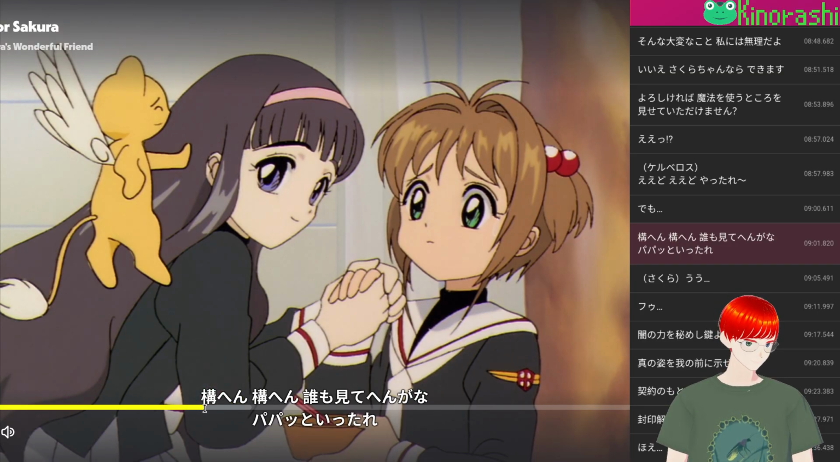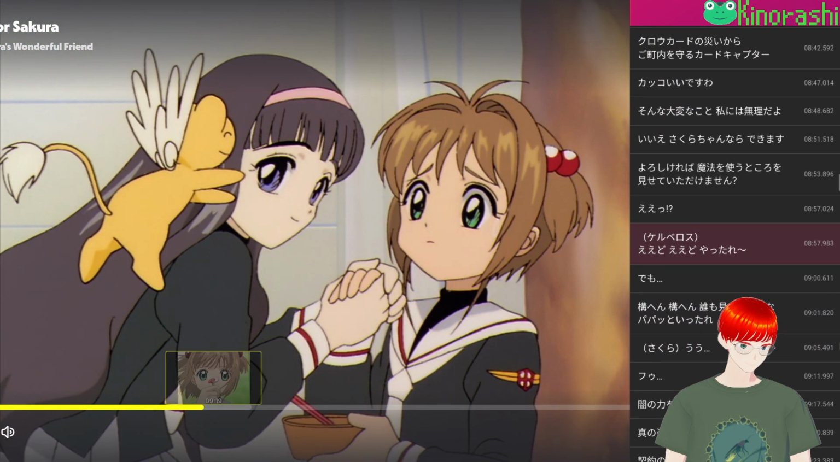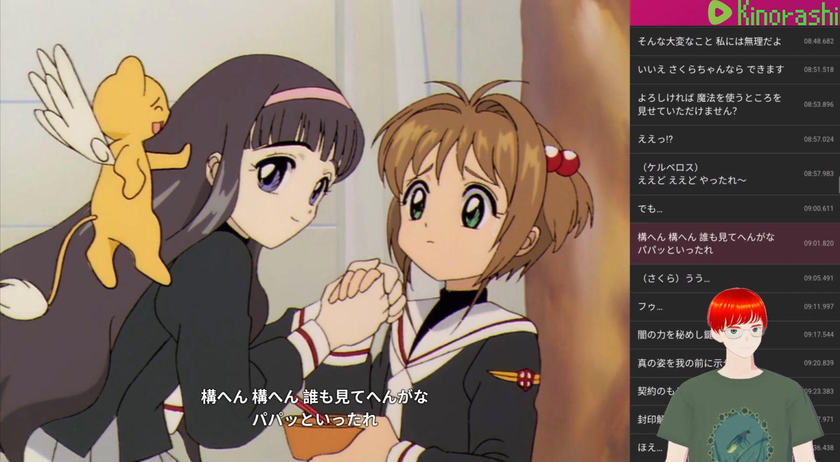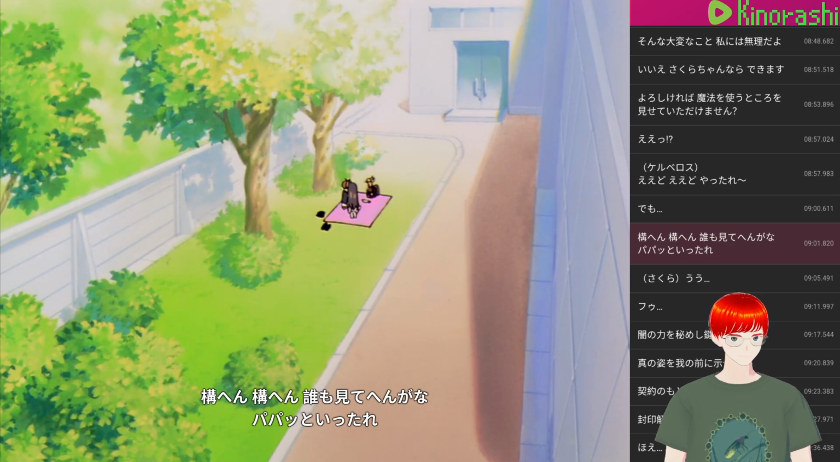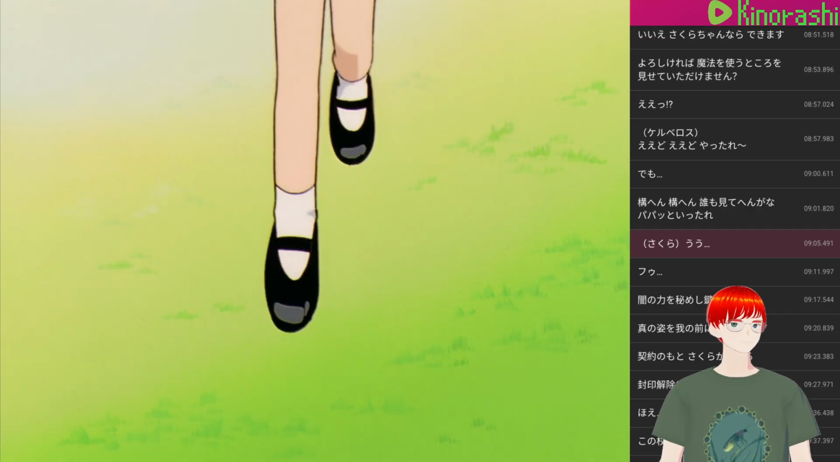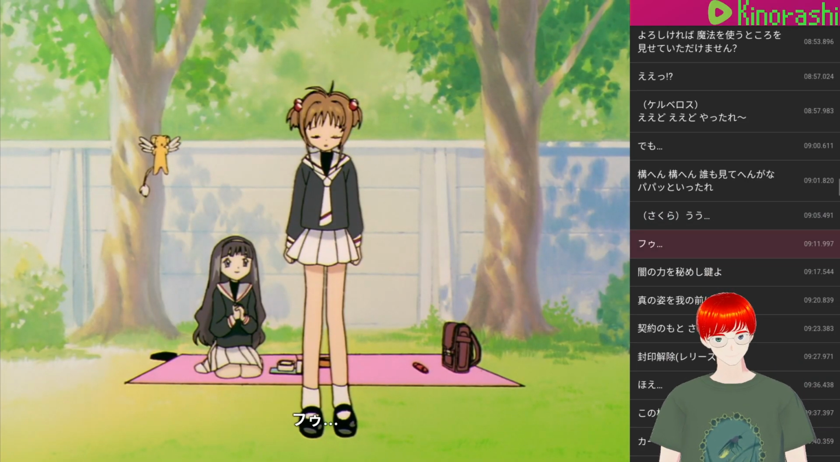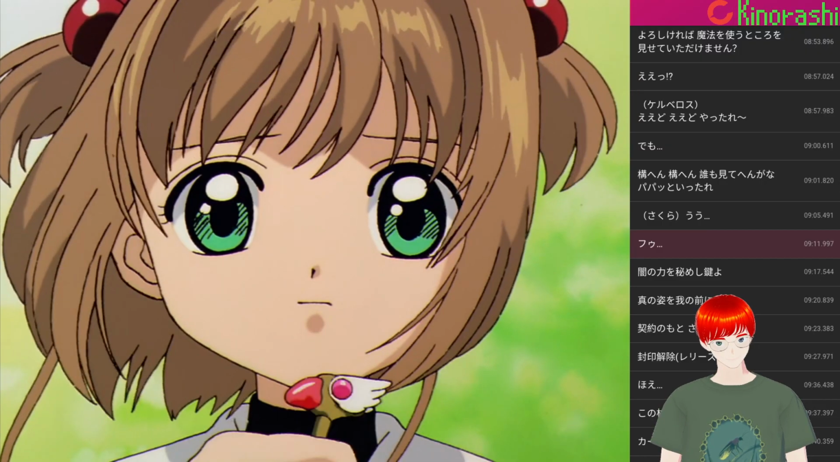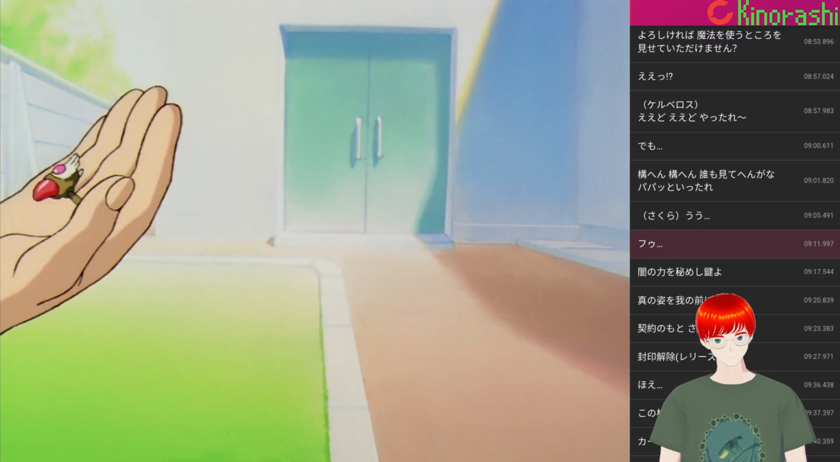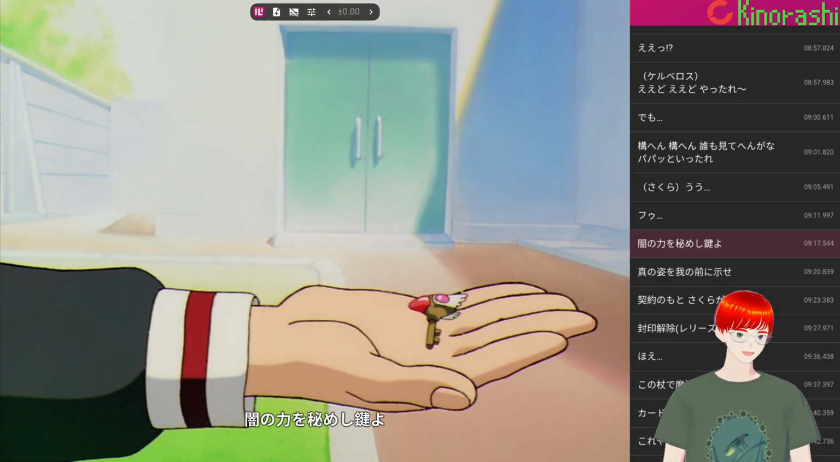かまへん誰も見てへんがなパパと言ったれ。でもかまへん誰も見てへんがなパパと言ったれ。闇の力を秘めし鍵よ。Yami no chikara no